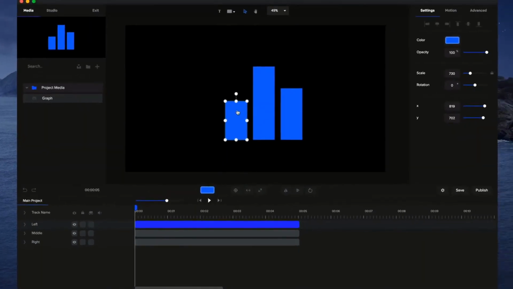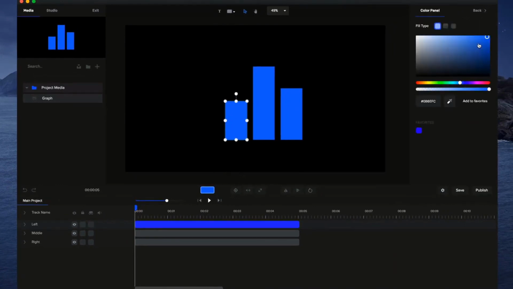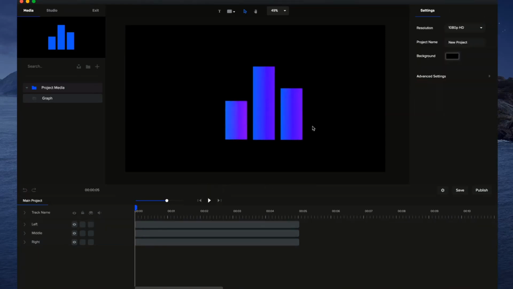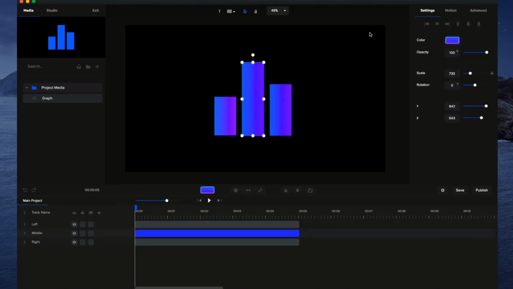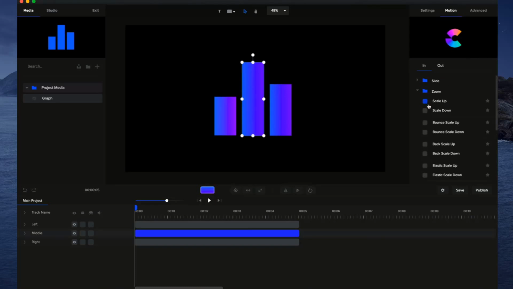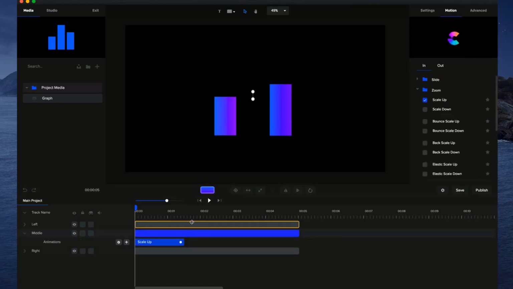Now you can also go through and click on your SVG shape and click on this color over here, and you can adjust the colors as you like. You can add gradients to them as well if you want to make it like so. So let's go and bring that up like that. So now that I've created my design, I'll just drag these into the middle, and I'm going to create some animations for these. Now you could just go through and select a motion preset, let's say for example scale up like that,